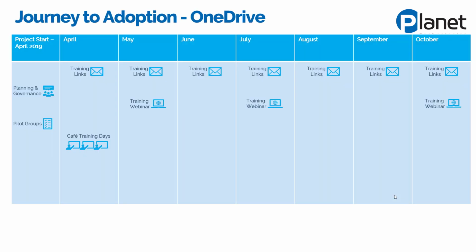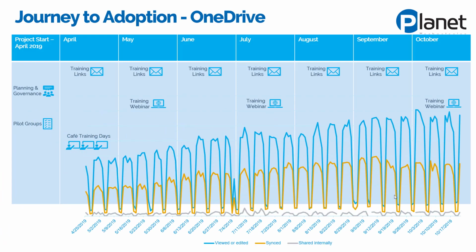Now, just to take a look real quickly, we also did a variety of other activities with the users during this time. So this whole campaign included email campaigns, webinars, some cafe days, which are kind of like lunch and learns, things where you get folks together for a period of time to just chit chat about features, answer questions, or share some training. And again, the training links and emails were very helpful here. This directly resulted in an increase in their Office 365 usage over time. And also